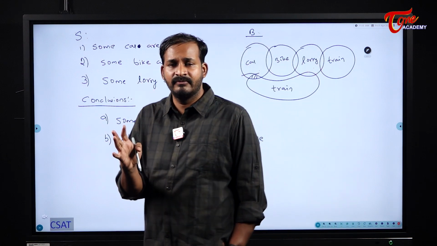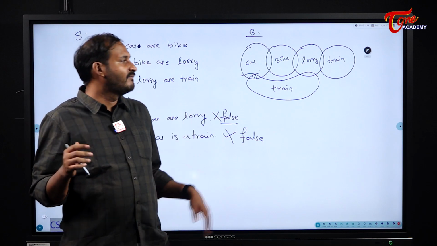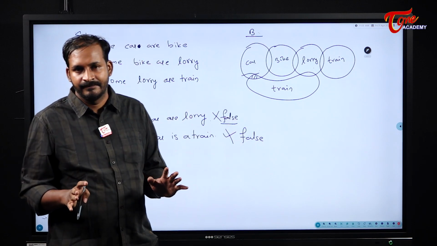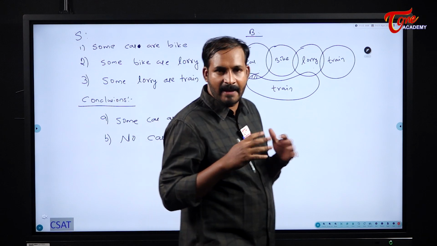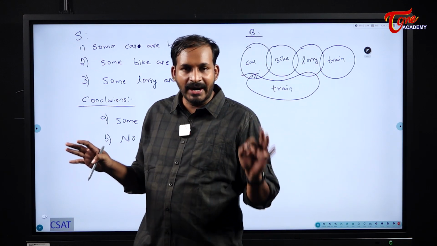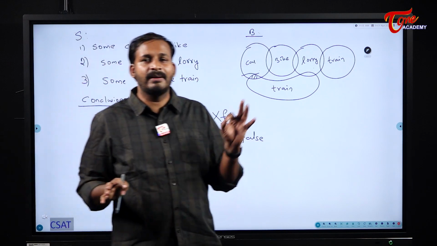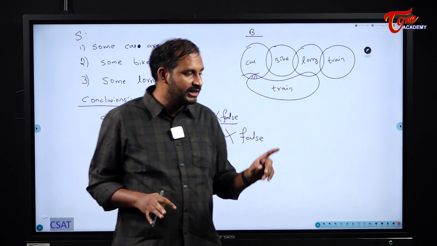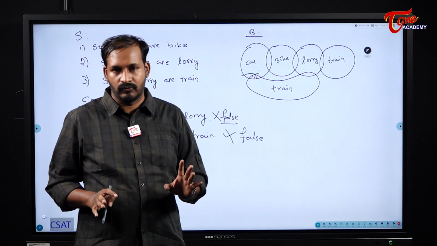How you will write them, how you will try to make them false means, first of all, we will check it in the basic diagram. If it is false in the basic diagram, happy. We will not do anything, we will not touch it once again. But if it becomes true in the basic diagram, something like this, if here in the basic diagram that became true,